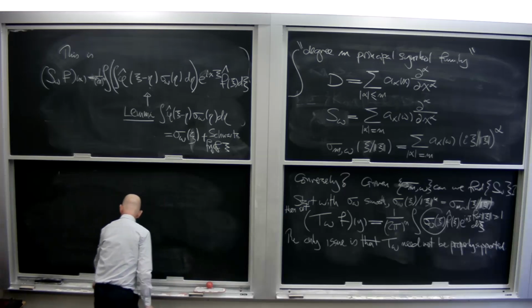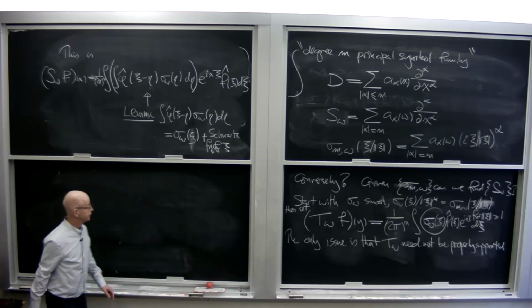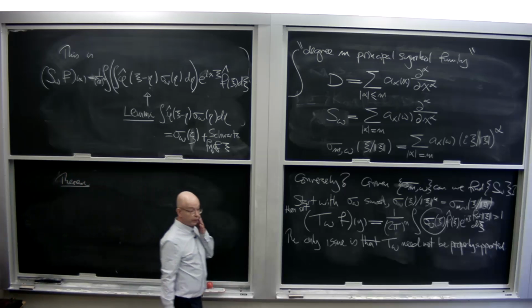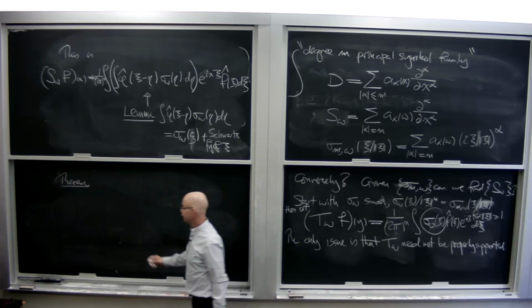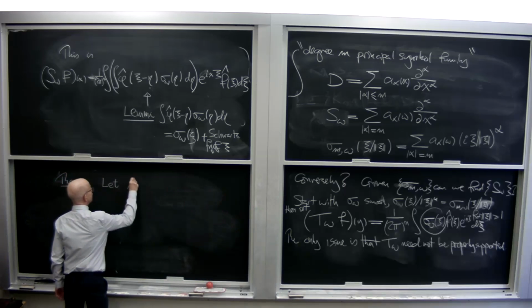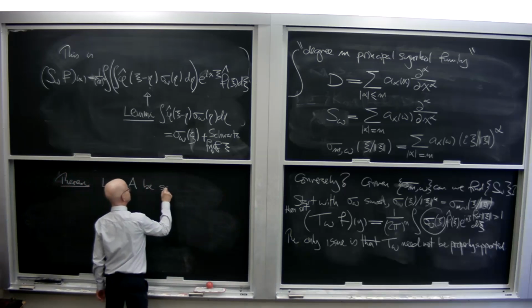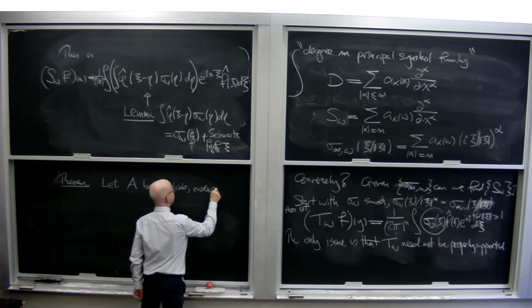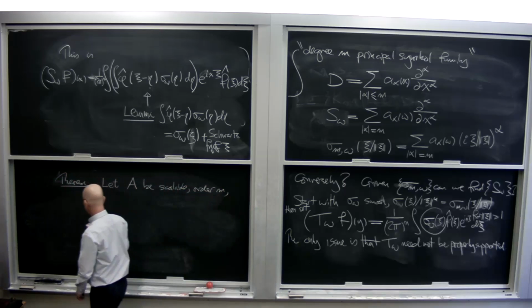And with the benefit of all of this burdensome notation, we can rewrite a theorem that we had last time. And now what it says is that, suppose you have an operator A, which is scalable, has order m, and suppose it's